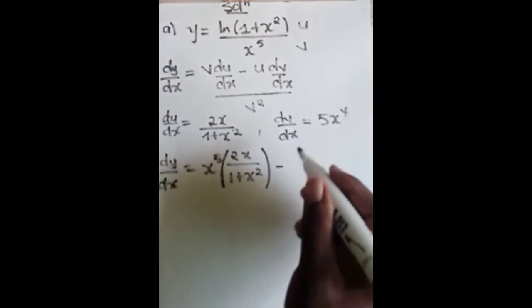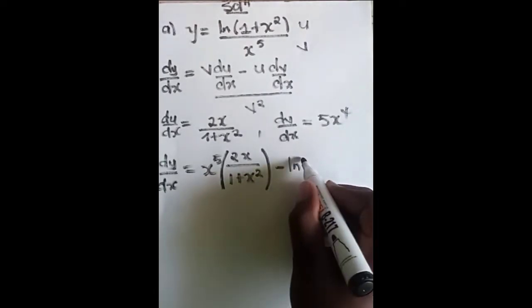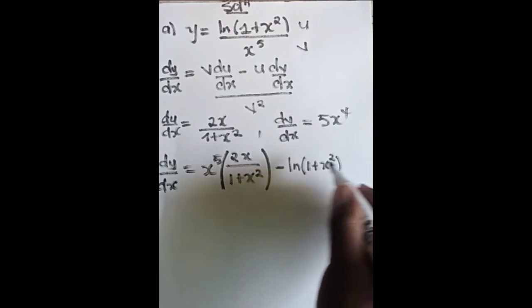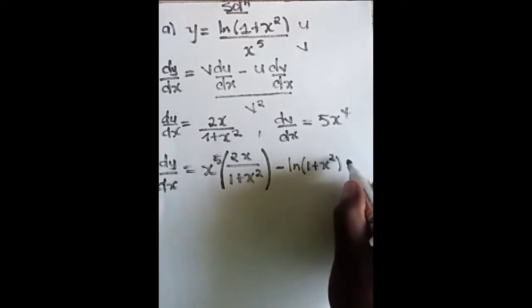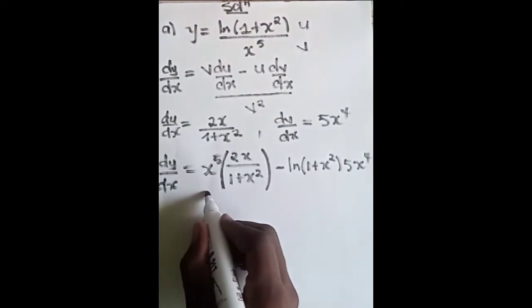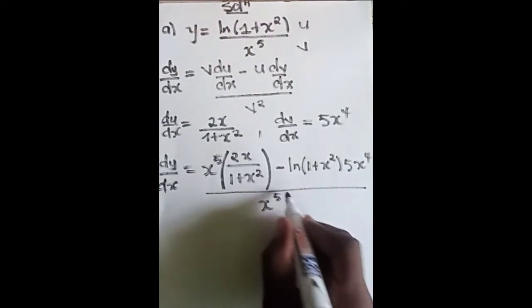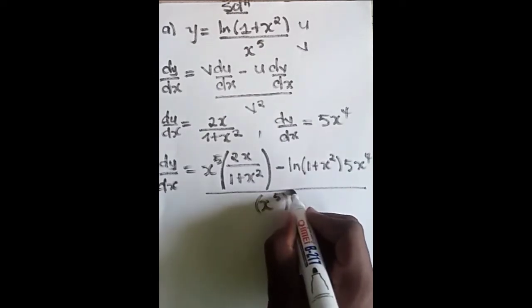What is u? u is ln of 1 plus x squared. And what is dv/dx? dv/dx is 5x⁴, and all this divided by x⁵ squared,